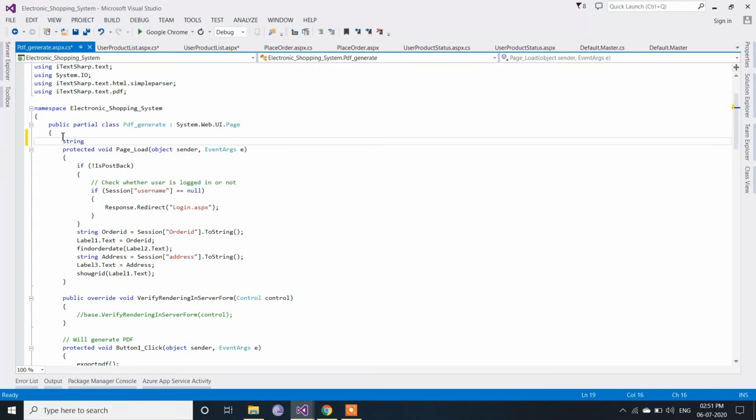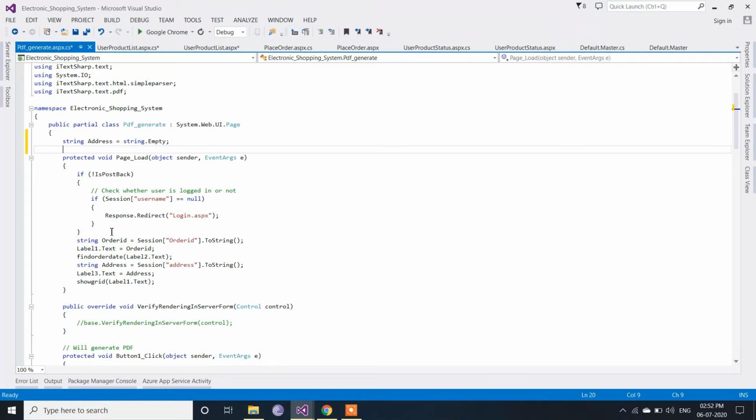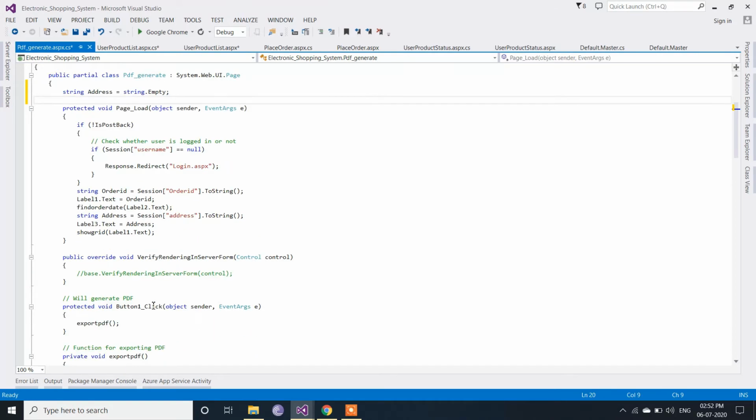Take one string variable with the name address, and at the start we are going to give it string dot empty. After that we are going to get this order ID in this string and assign it to label 1, and for the order date we are getting it from this function already, based on the order ID.